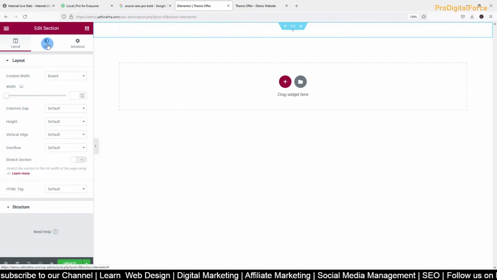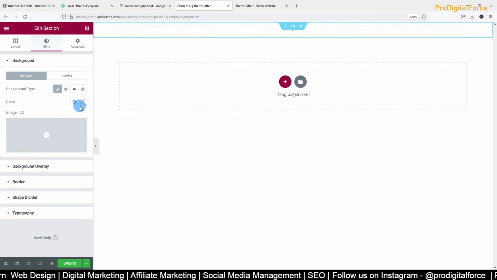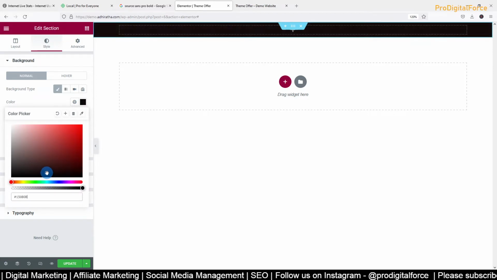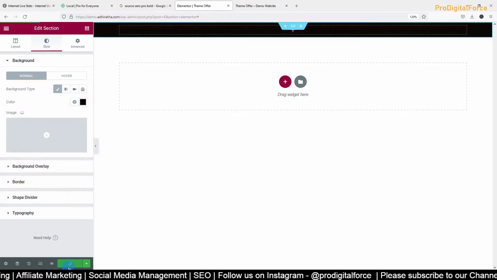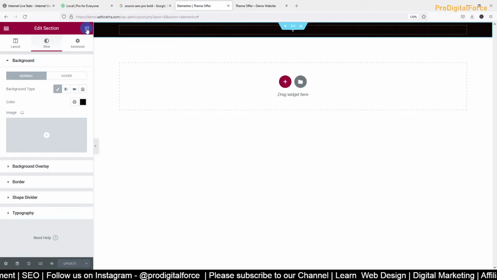I'll go to style, see background type, you have multiple options. You can put an image, you can put a video as well, but right now we use a classic background. Maybe I want to pick a darkish color, update, done. So this is applied for the complete section, guys, please understand that. I'm not applying it to the title. If you come to your website and refresh your page, that color should be applied to the complete thing. Okay, it's still not, let me add a component now.